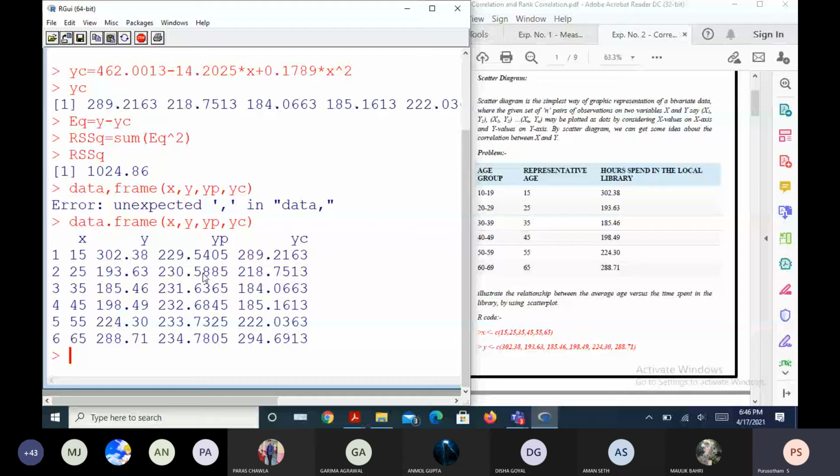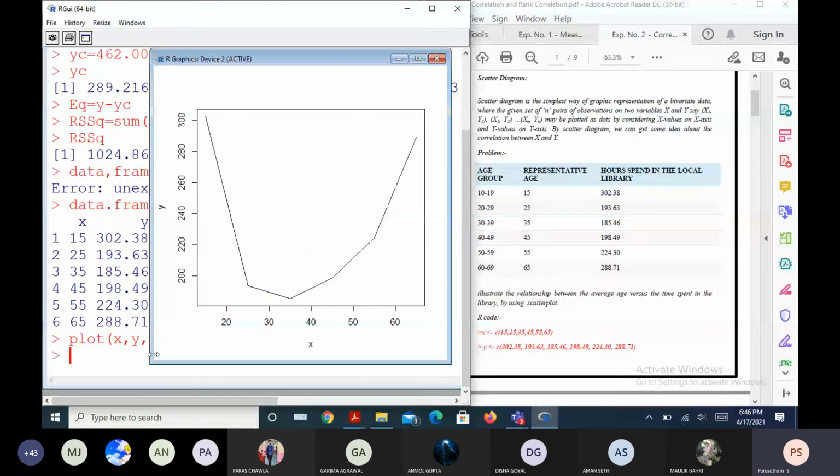So by looking at the scatter plot, basically you should come to know whether we go with the quadratic fit or linear fit, using plot of x comma y, type is equal to L. Okay. So what did you learn now?